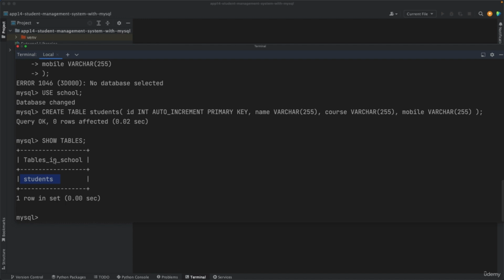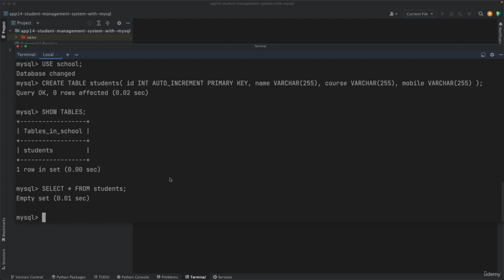So we have a database, we have a table, but how can we see the rows inside this table? To do that, you'd use the select command. So select all from, you want to select all the columns from students. Semicolon, press enter, and you get empty set because we don't have any rows. So let's insert the first row into the table. Insert into, you want to specify the name of the table, students. So insert into students,